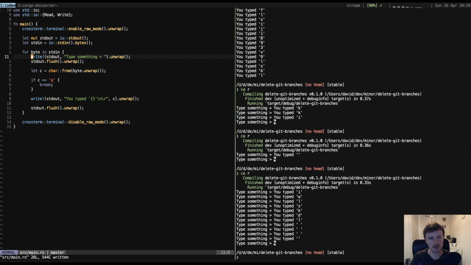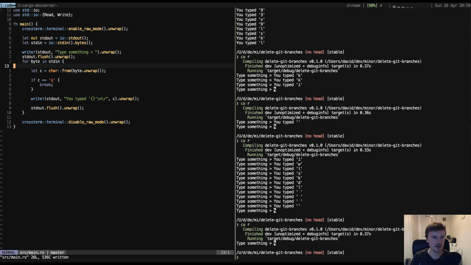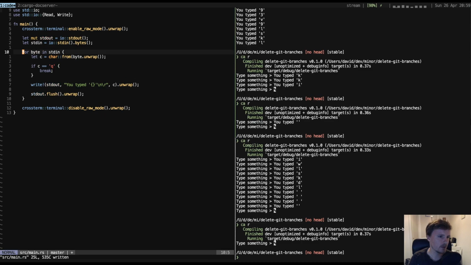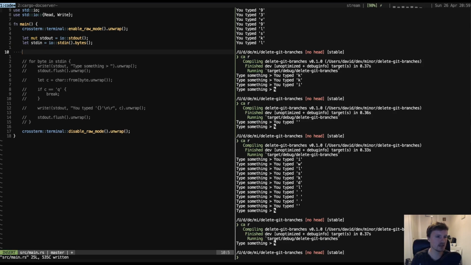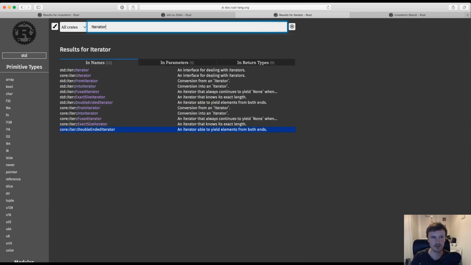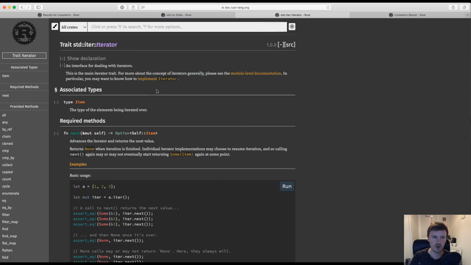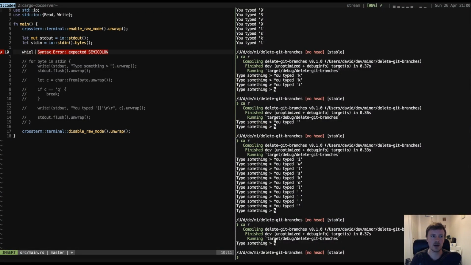Is that because, do we need to do it outside the loop? Yeah. All right, so the issue is with this for loop. If we look at the iterator trait in Rust, a for loop is basically the same as calling next on an iterator until it returns a None. So a for loop is basically the same as saying while let